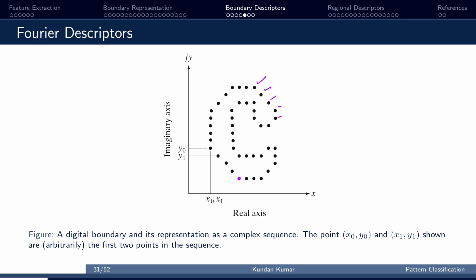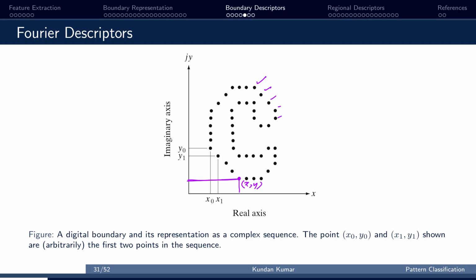Each boundary point can be represented as a Cartesian coordinate x, y. So here, let us consider the boundary pixels of an arbitrary shape,